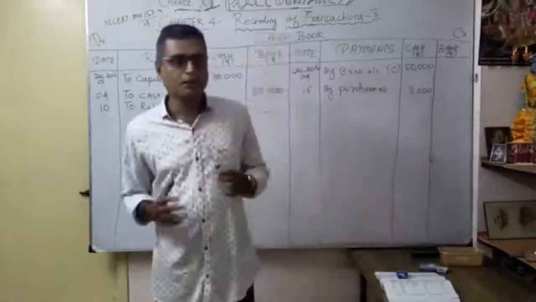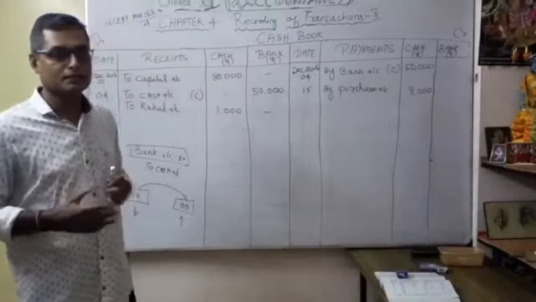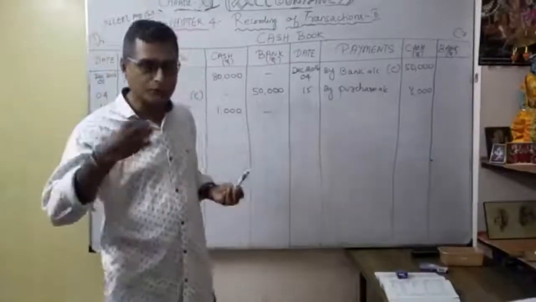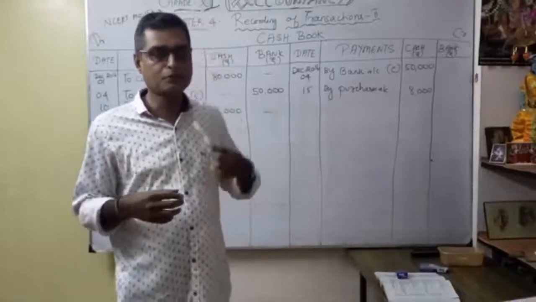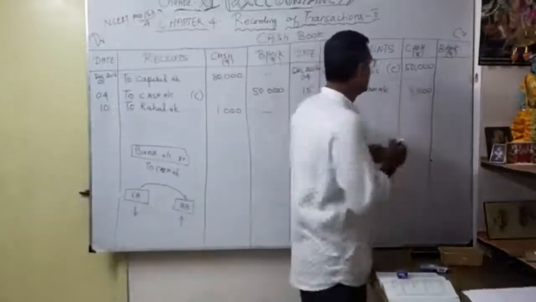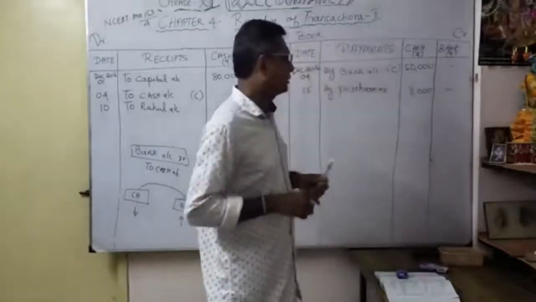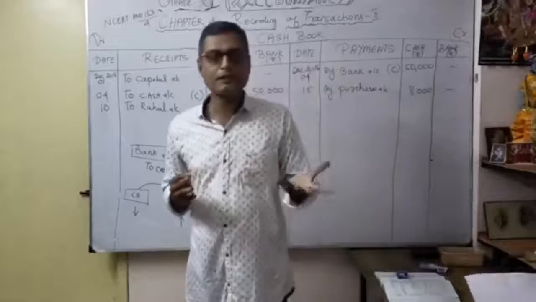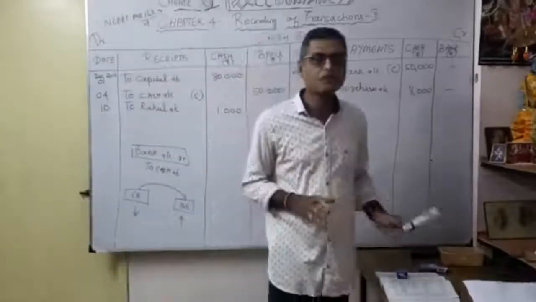You understood? Now you are going to enter this journal entry. That's why you have to practice. Don't go directly to posting the transaction. You yourself have to first write the journal entries. Here, purchases account debit to cash account. So in the cash book, by purchases 8,000. Be very careful. Put a dash here so you understand which column I am going to write. Otherwise, you will wrongly enter it in the bank column. So this transaction is related to a cash transaction.